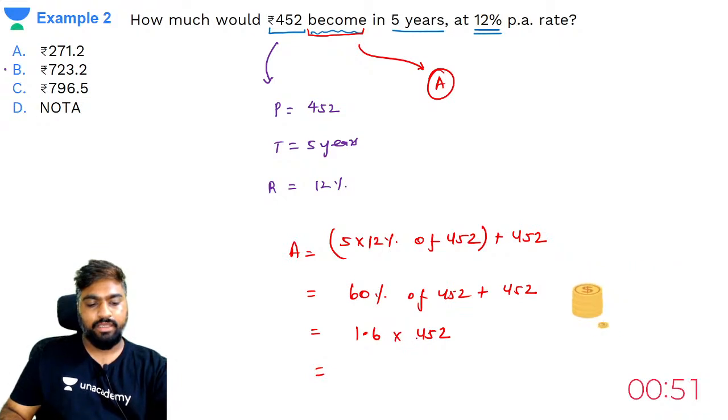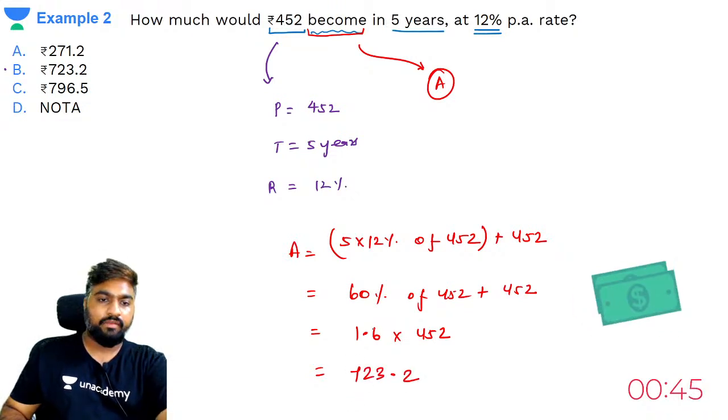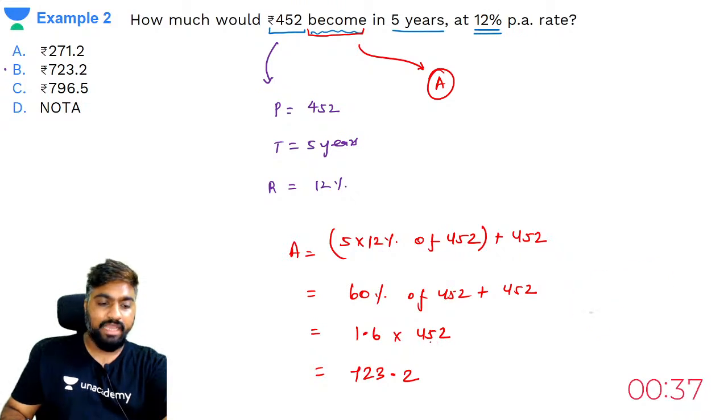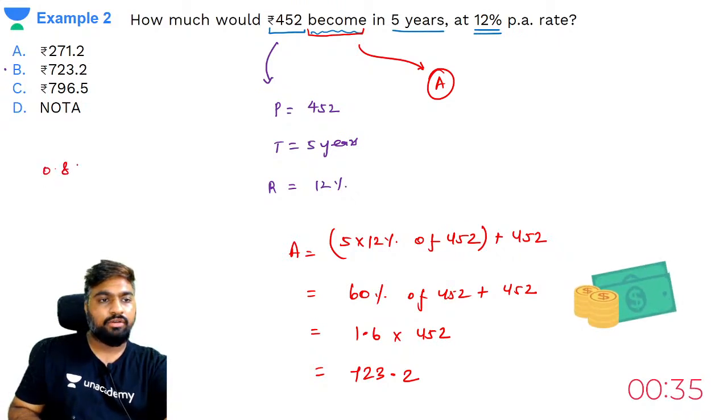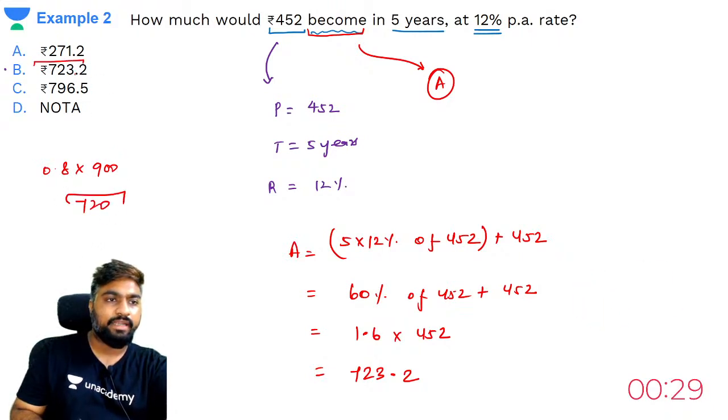Yes, so 1.6 times 452 is how much? 723.2. Yes, 1.6 times 450, you can do it like this. 1.6 times 450 is basically 0.8 times 900. 0.8 times 900, which is how much? 720. So our answer will be a little more than 720, which is B,